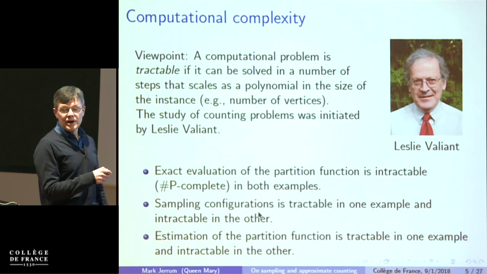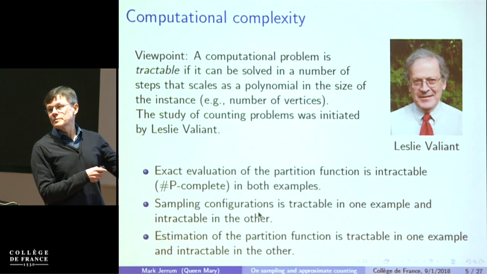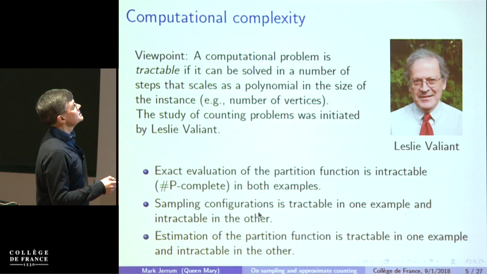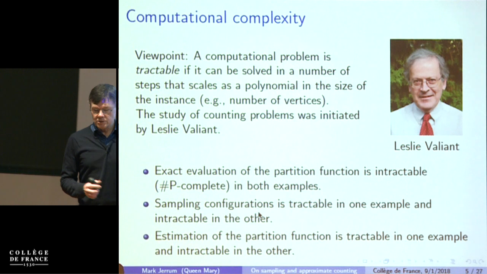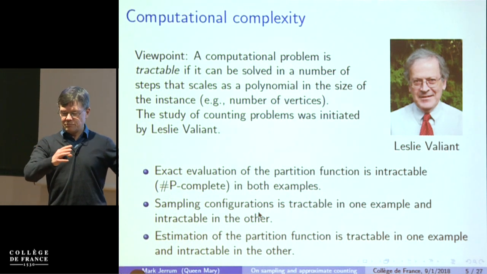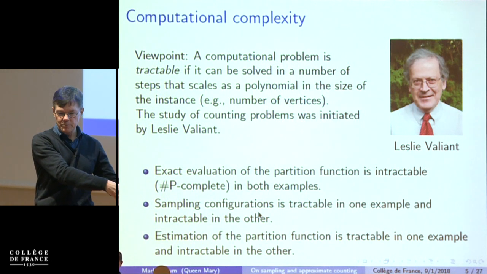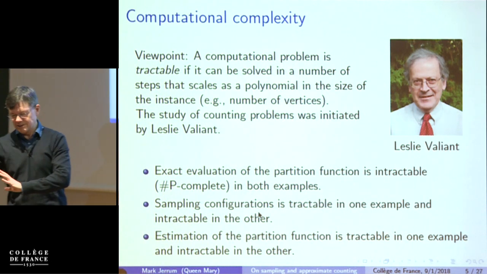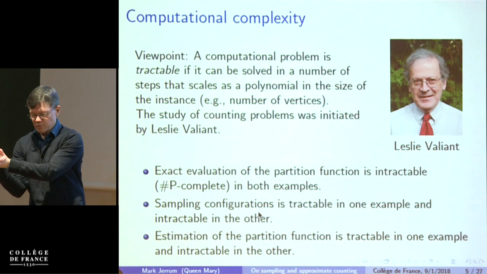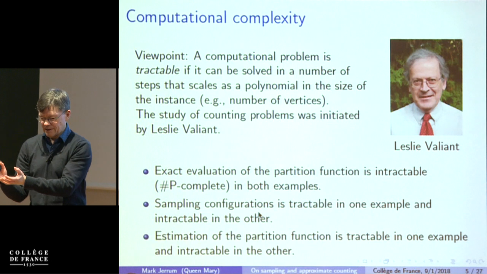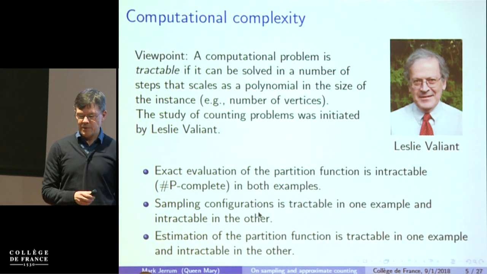And obviously intractable if it can't, and that typically means that it requires exponential time, something like 2 to the n, or something like this. So the classical theory of NP completeness talks about that dichotomy. It partitions things into problems which can be done in polynomial time, and almost all the rest which are NP complete, whatever that means. But it's a class of problems which are all interrelated, and which almost certainly don't have polynomial time algorithms.